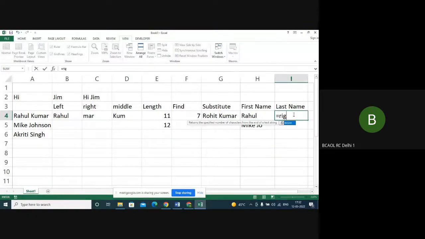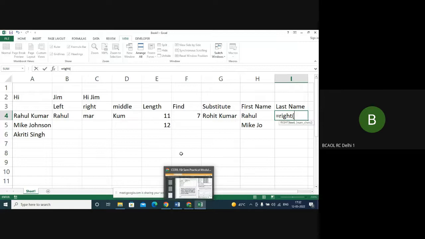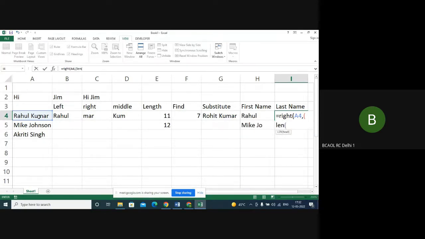And for the RIGHT function, if you want to find the last name, what will you do? You will use the RIGHT function, right? Yes or no? And this is our string. And again, you will find out the length of the string. So I'll find out the length of the string, and I'll minus the space in this string. If I do -1 here,